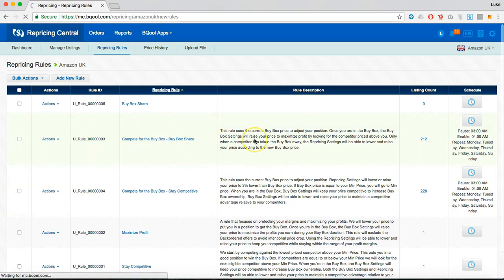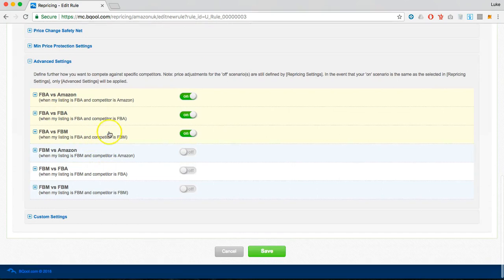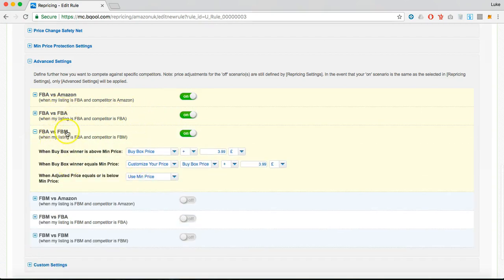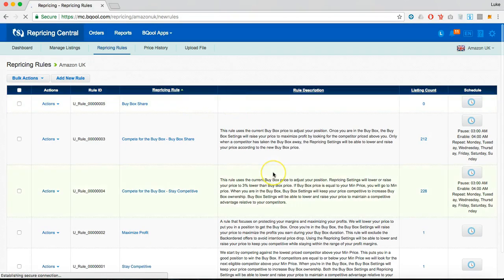You can go into here, and it has lots of fancy things. The only thing I would say is make sure you look at these a bit, because it's saying if you were against an FBA seller. If I'm against a merchant-fulfilled seller, I customize it so that when the buy box equals my minimum price, I increase it. So basically, I'm trying to sell it for more than a merchant, because I should be able to get the buy box off the merchant. Now that's actually quite high, to be fair, so I'm going to lower this a bit, because if you go too high, it's going to...